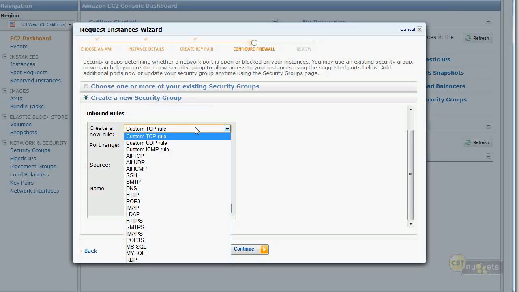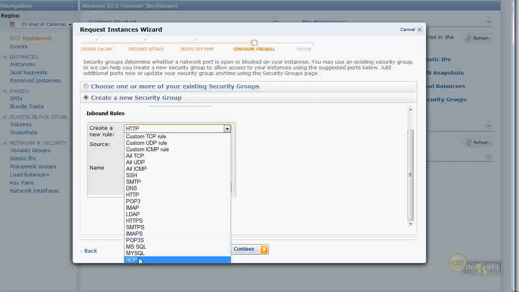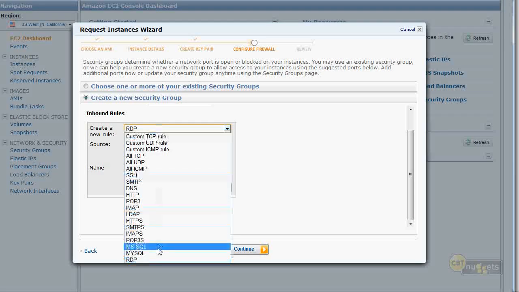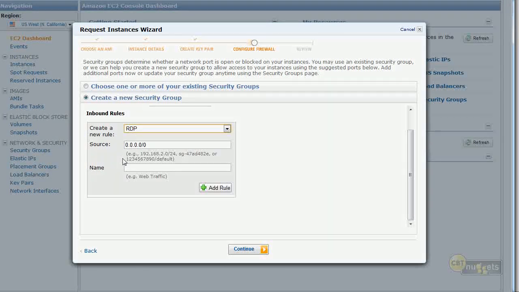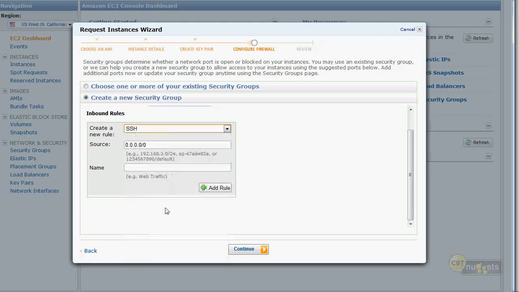But Amazon has said, you know what? There are some common ports like HTTP that we could just make a quick shortcut for. Or, for instance, managing a Windows server, RDP, Remote Desktop Protocol, is a very common one. So let's use one of these quick jumps right here. I want to allow Remote Desktop, wait a sec, I'm creating Ubuntu, right? Then it would be SSH. Ubuntu cares nothing for RDP. That's Windows. So for Ubuntu, I'm going to say SSH from a source of